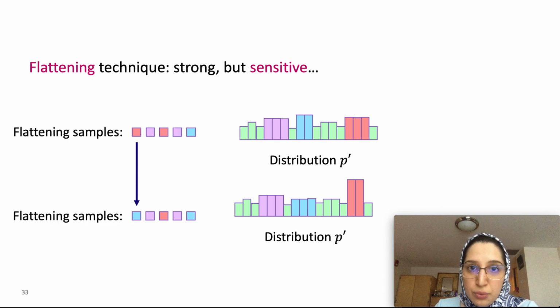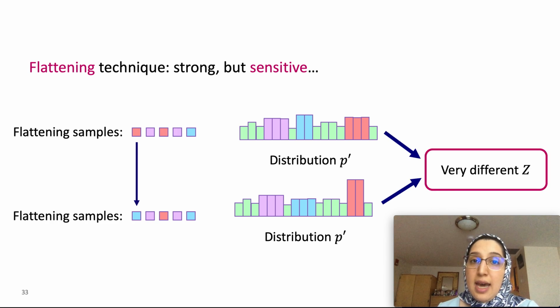So I used to have 2 blue elements, now I have 3. I used to have 3 red elements, now I will have 2. So any further samples that show up from blue and red will be assigned completely differently. So when I'm trying to get converted samples from P prime and Q prime, I may end up having very different sample sets if I just change one sample in the flattening phase. And these changes essentially result in a very big difference in z, the value of z. So delta z is high,